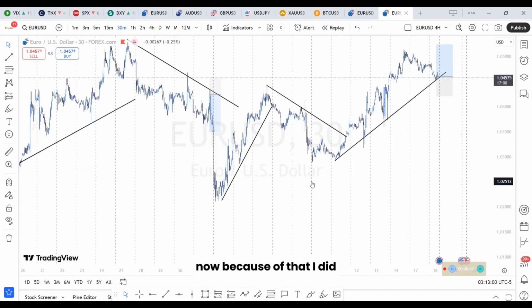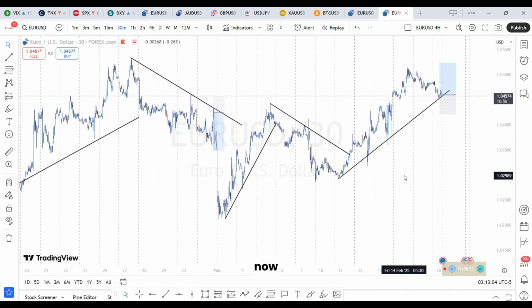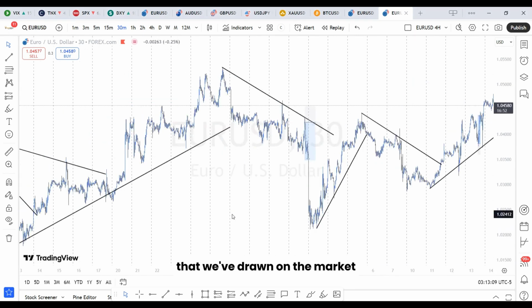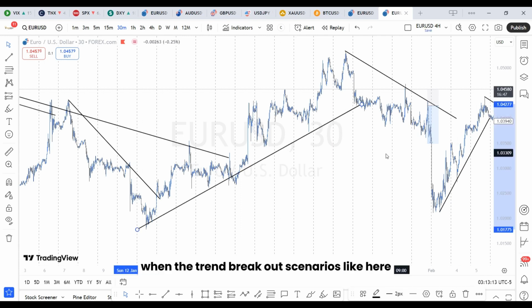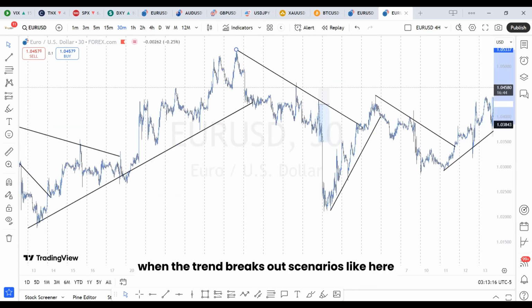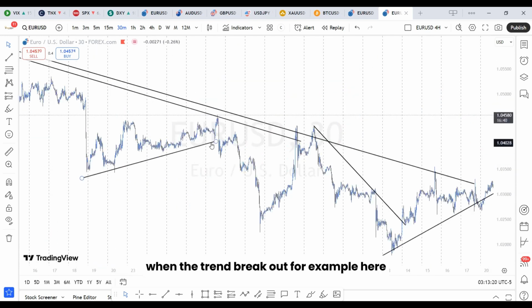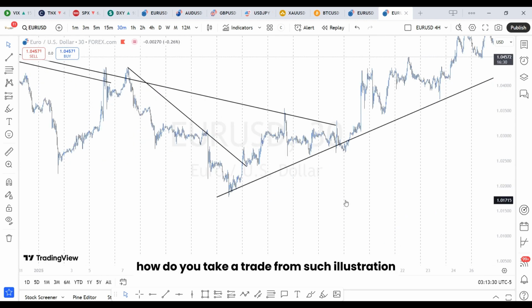Now because of that, I just chose not to remove all the trends we were drawing previously on the market. You can see all the various trends that we've drawn on the market, but what happens when the trend breaks out? Scenarios like here, when the trend breaks out. What happens? What do you do? How do you benefit? How do you take a trade from such